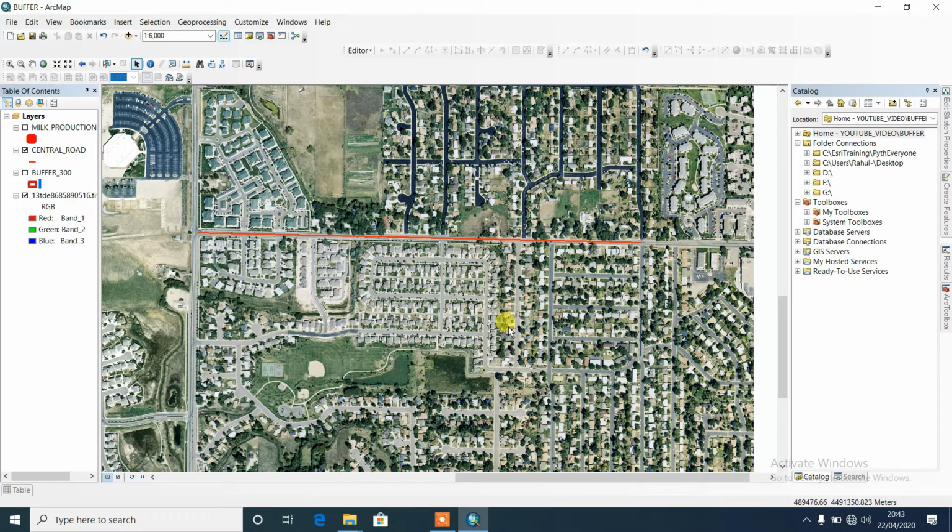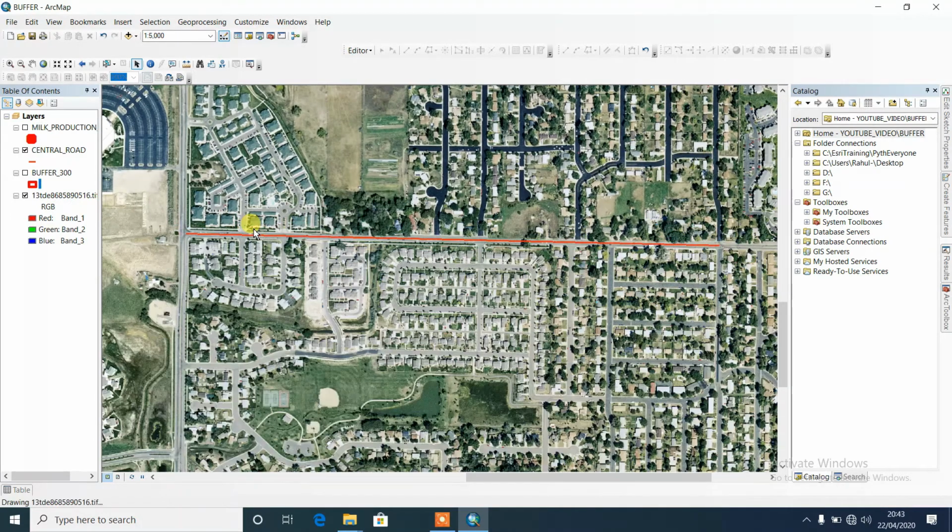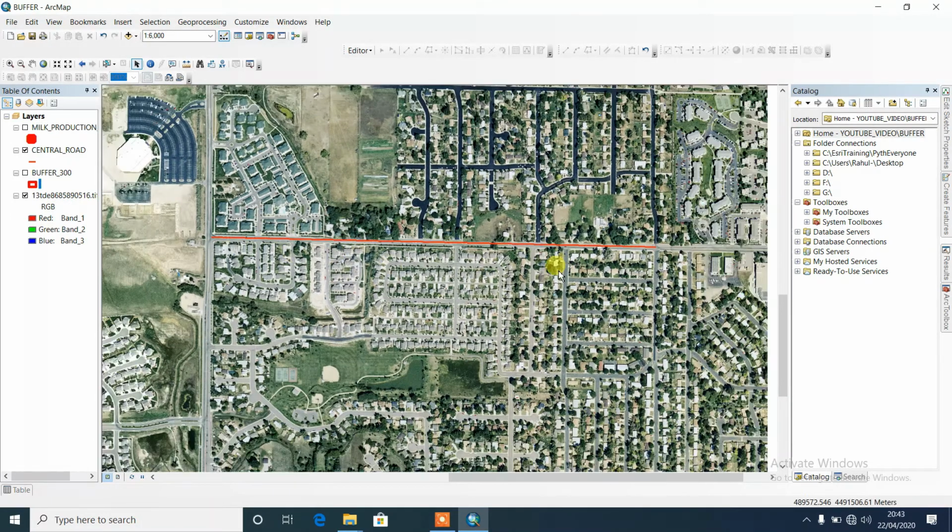Exactly, after analysis based on the point, we can analyze based on the line. Here we measure how much noise pollution effect there is. This is my road. That red color is my road. That is the major road. Based on transportation, that means the flow of transport and most of the vehicles, the noise effect is within 50 to 100 meters. Suppose we guess a 100-meter area. The 100-meter area on both sides is affected most. So here we have to analyze by buffer.